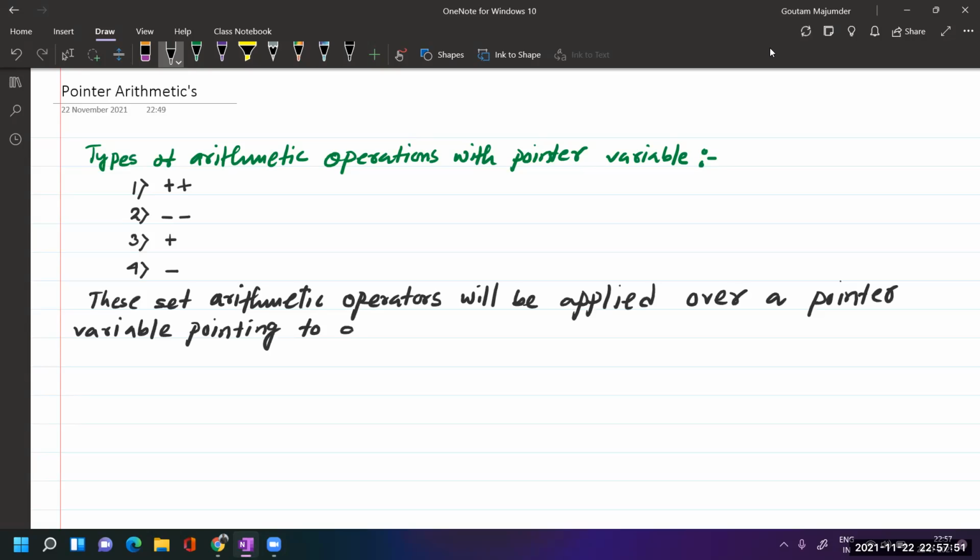Here we'll understand all these arithmetic operations with a pointer using a 1D array.